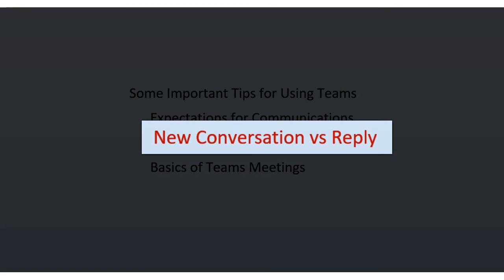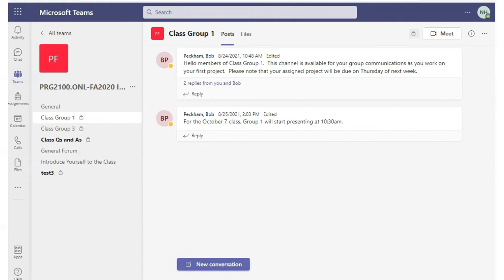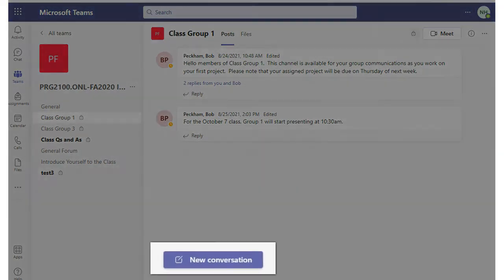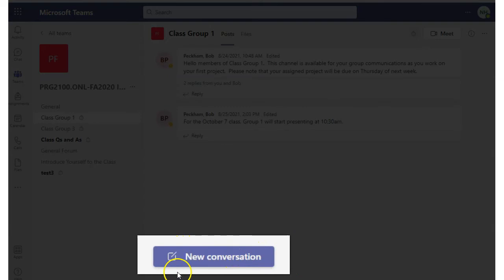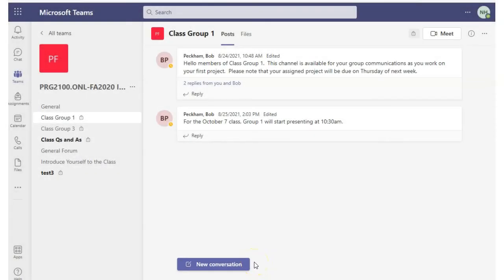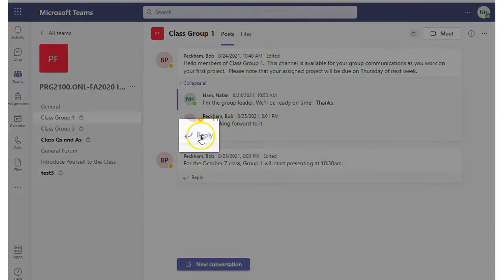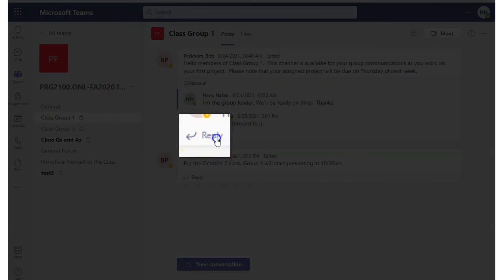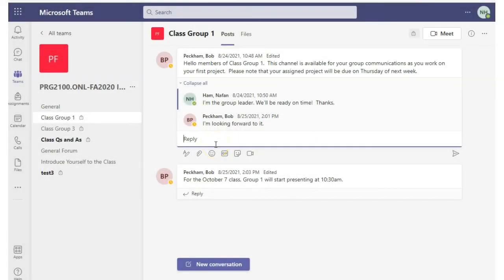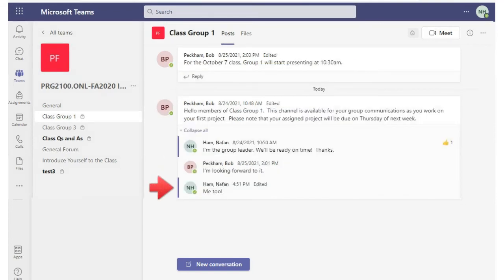New conversation versus replying to posts. In a channel, you should only use the New Conversation button to start a new topic or a new question. If instead you want to put your post into a topic that already has a thread of post, you should click the reply link that is directly under that thread. This will keep all posts for that thread topic together. Once the post is submitted, that thread will be moved to the bottom of the channel, making it easy to